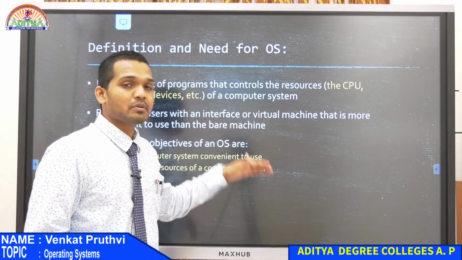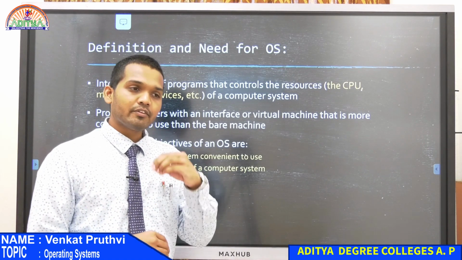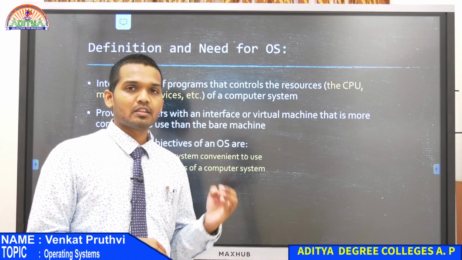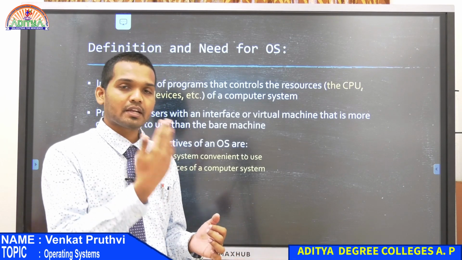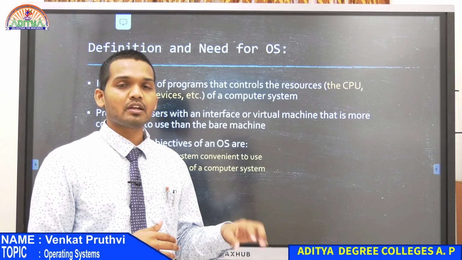So these bare machines do not have any operating systems, they are directly programmed, and whenever you want to implement something in that machine, you have to directly enter instructions that are pre-programmed for that device.